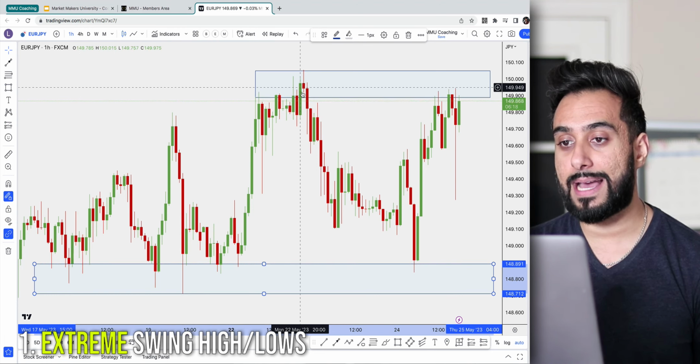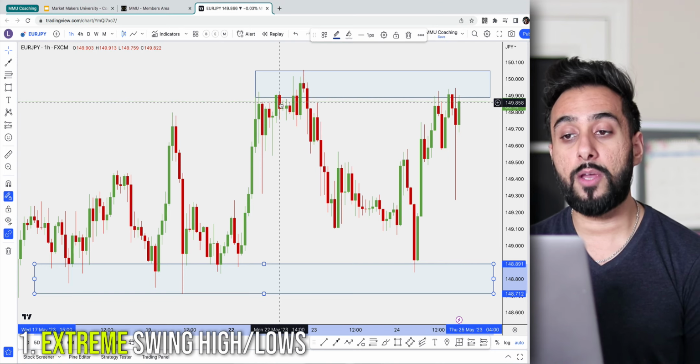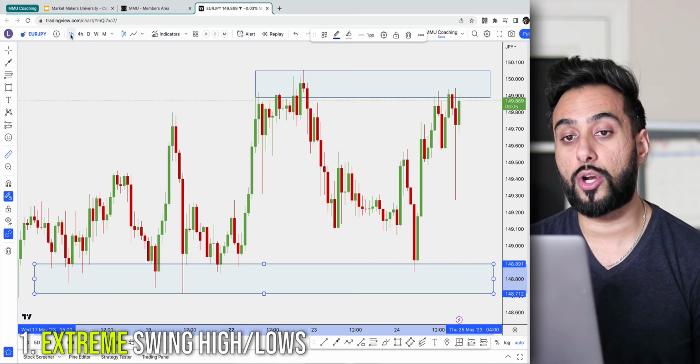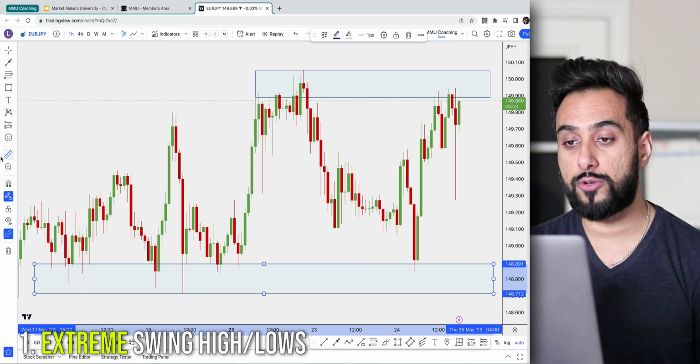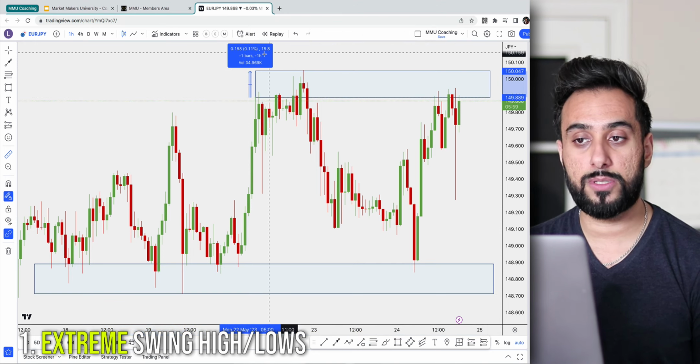You want to minimize the actual bodies. You want to maximize the actual wicks. So some of you might be thinking these zones are pretty thick. But one thing we have to take into consideration, we are currently on the 1-hour chart. So if I take my little measuring tool right here and measure this zone, this support and resistance area is